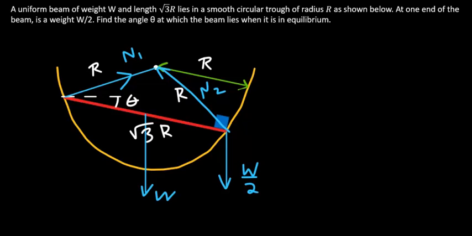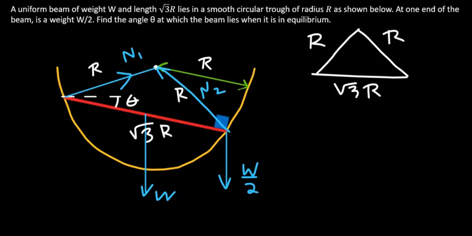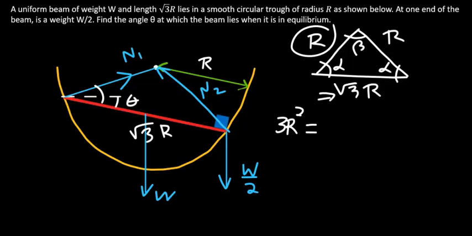So let's sketch the triangle here for later use: r, r, square root 3 times r. This angle here we can call alpha, and this is some angle, we can call it beta. What that means is we can immediately determine these angles. Using the law of cosines for the triangle, the square of this side, which will give you 3r squared, equals the square of that side, r squared, plus the square of that, plus r squared,